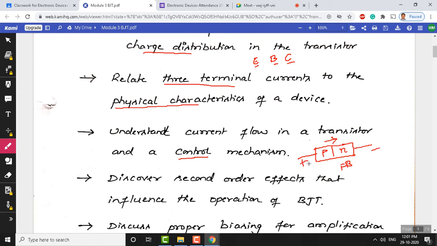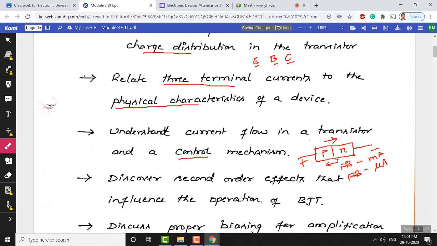Under reverse bias, a very small amount of current flows. In forward bias, milliamperes of current will flow. In reverse bias, if you connect the reverse polarity, P to the negative and N to the positive, a microampere of current flows. In conclusion, we can say that the PN junction is a one-way device. It conducts current, exponential current flows in the forward direction, and a negligible amount of current flows in the reverse direction, that is from N to P. This is the reverse current.